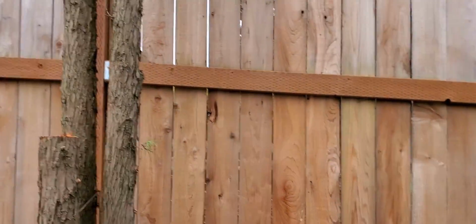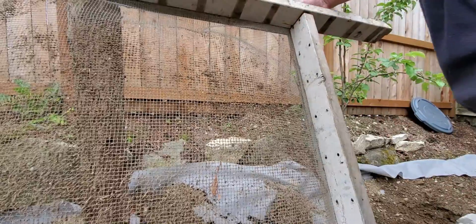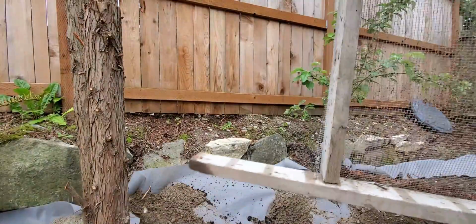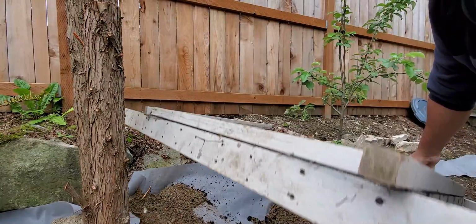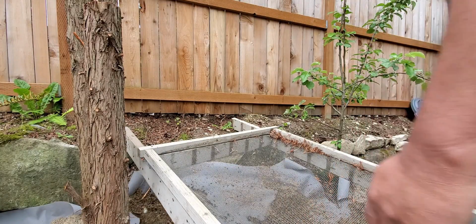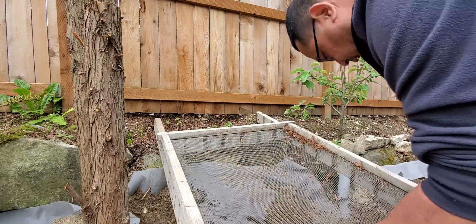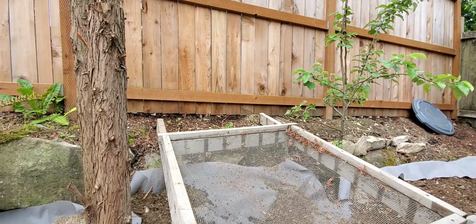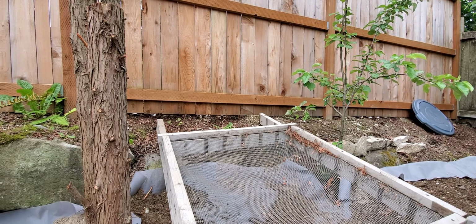And then I made this screen, so I'll show you what I'm gonna do with it in a minute here. Okay, so you can watch while I'm doing this. So I'm gonna lay down the screen. This is the screen that I made. Well, it's more of a, yeah, it is a strainer. Is that how they call it in English? A strainer. Yeah, so, and then I will be getting the soil that I'm digging up and cover